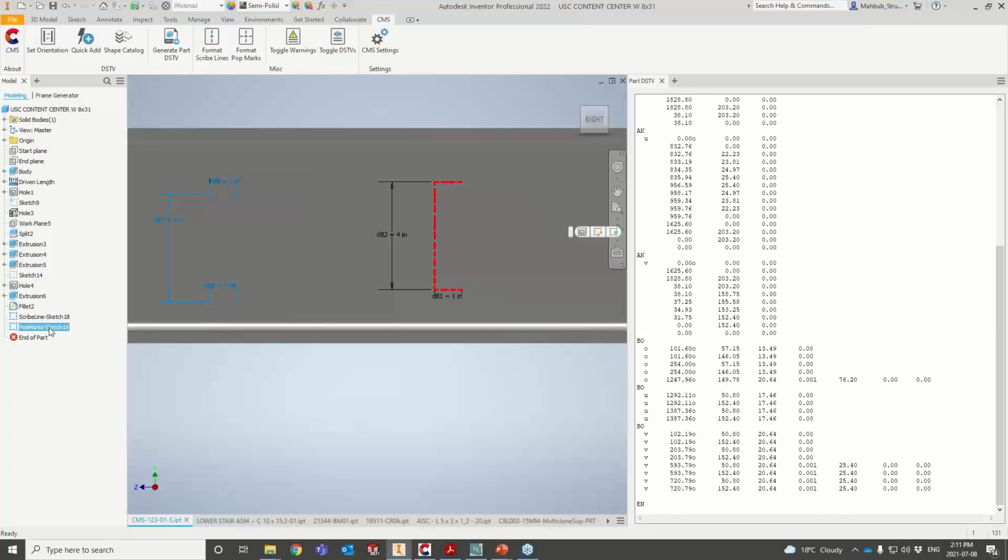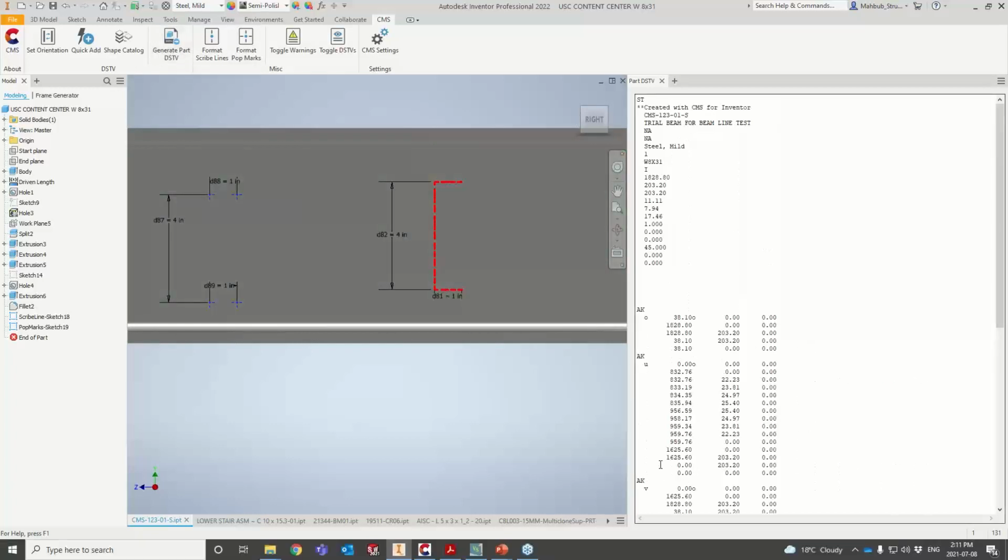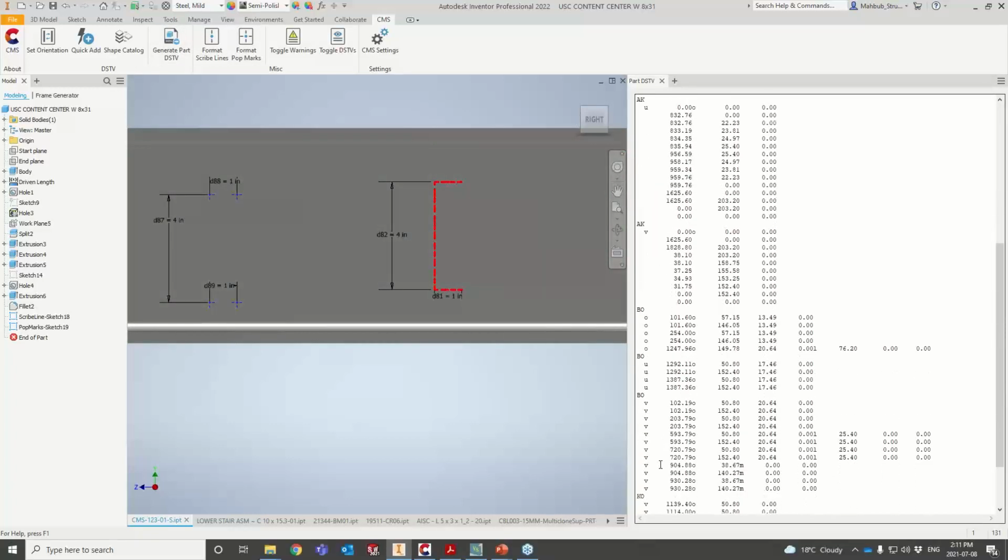So the pop mark is where your machine will go to the center point and just put a pop mark there. It's not going to do any drill operation there. It's just the same drill. So you just highlight that sketch and format that for your pop mark. And then if you run it again, you're going to see additional information being popped up on